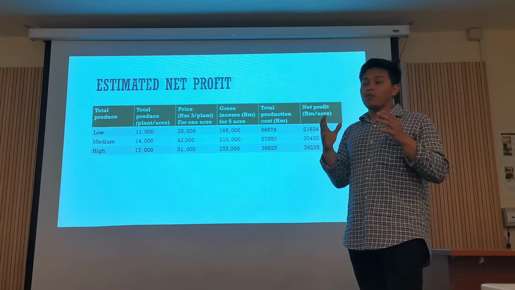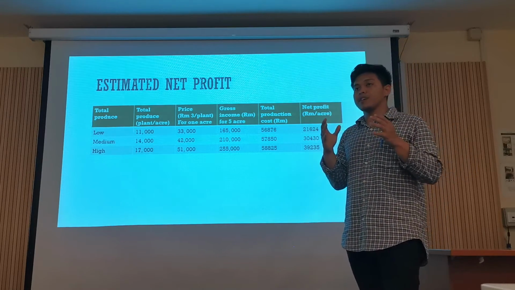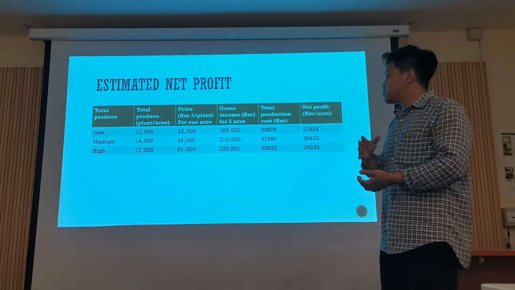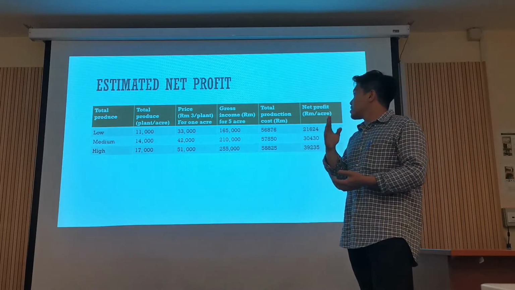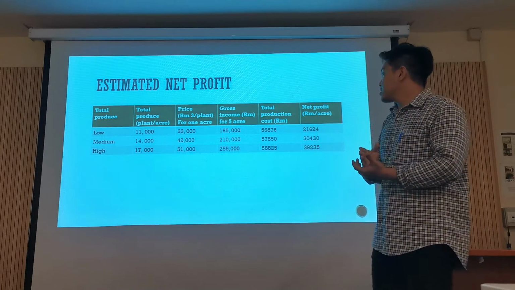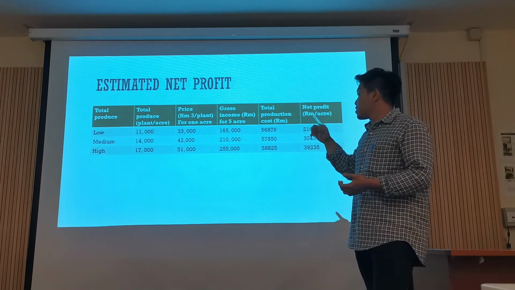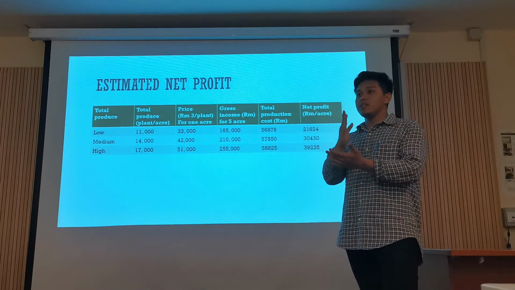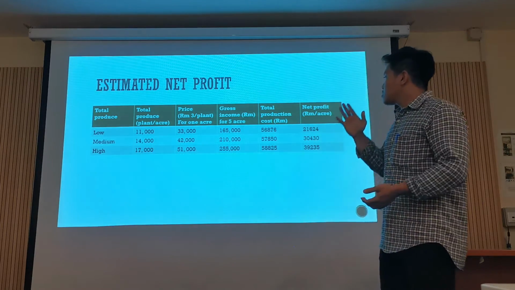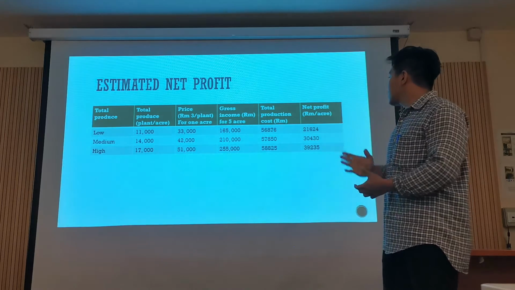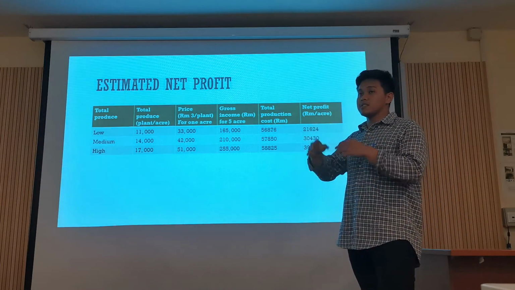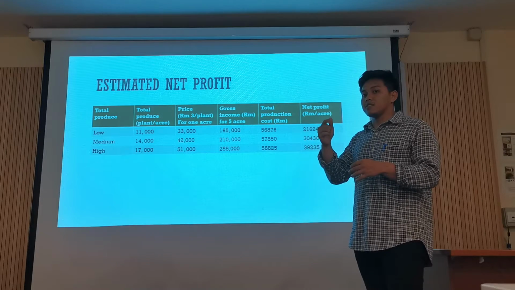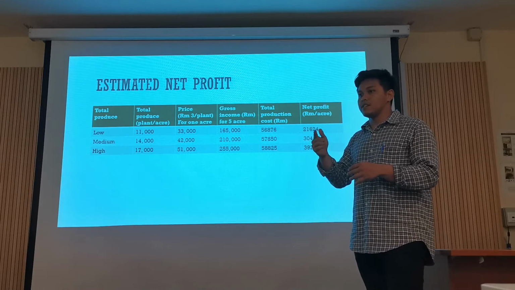The maximum yield that we can get is around 17,000 per acre, which we times by RM3 per plant, and we get 51,000. And for the gross income for 5 acres, we times by 5 and we got 255,000. And the total production is increasing by acre because we are using more fertilizer and other expenses like